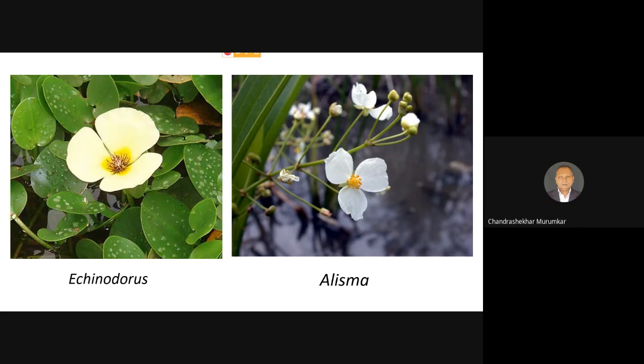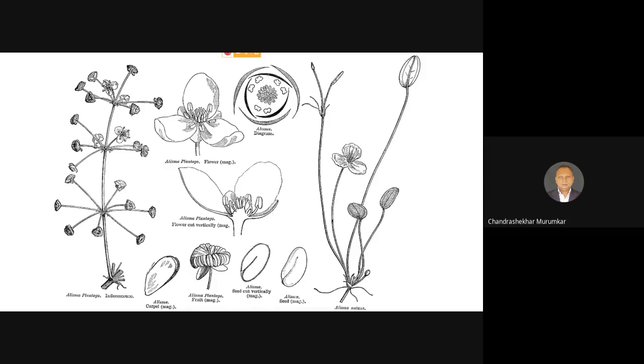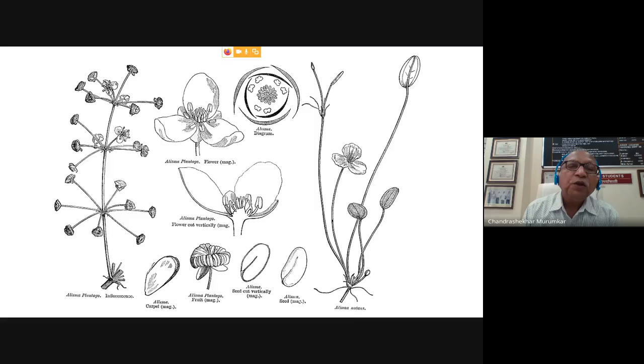on the margins of a water body, where the stem and root are embedded in the water body and the shoot part is coming up in the air. So this is Echinodorus and Alisma. Now this is a sketch which we discussed at the beginning of the reproductive characters, and which is indicating several characters which are of primitive nature. And this is a sketch of Alisma, which is again indicating several primitive characters.